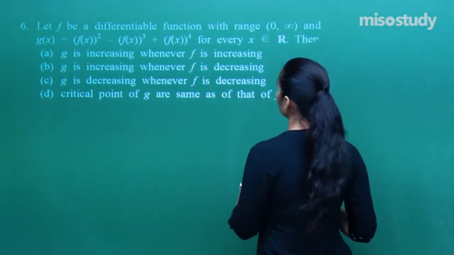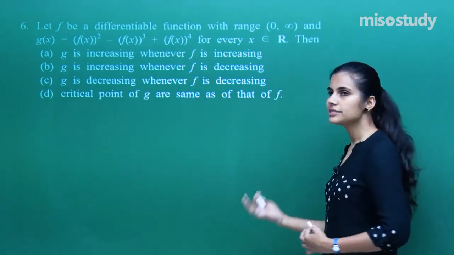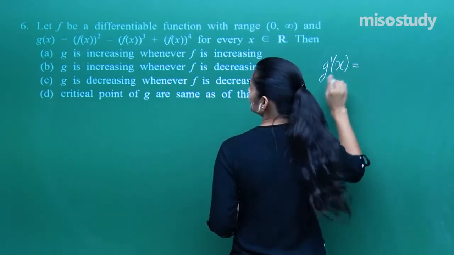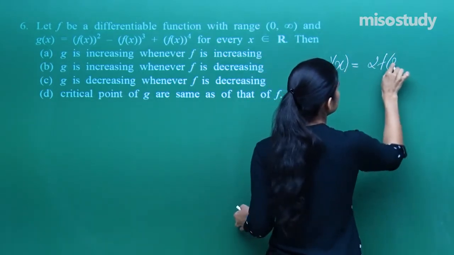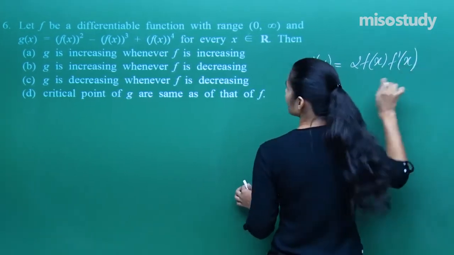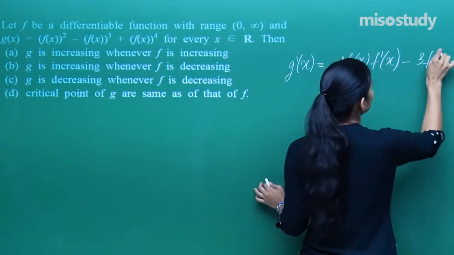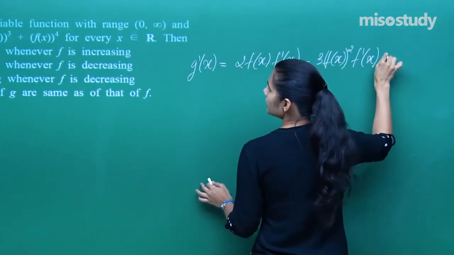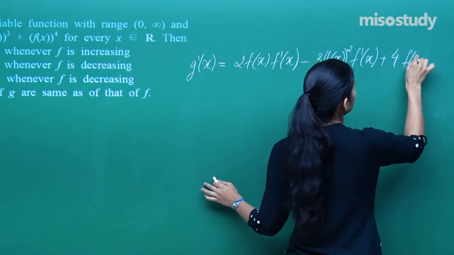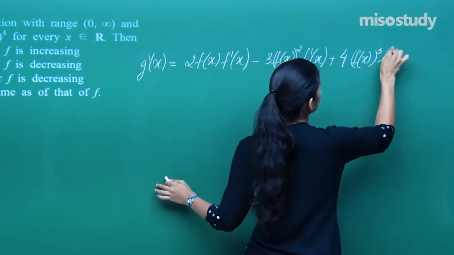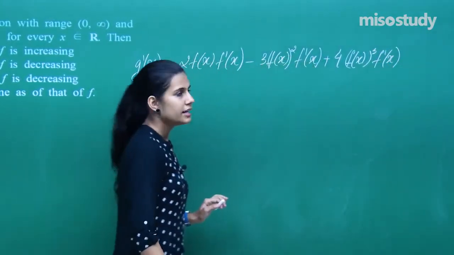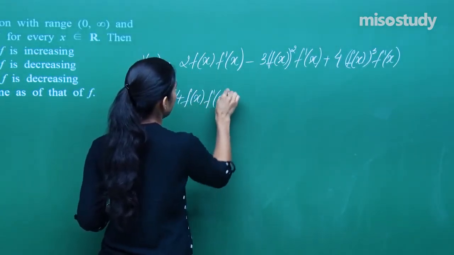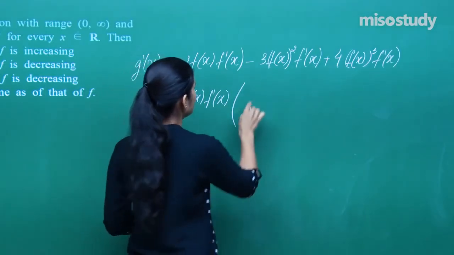Then g(x) is defined like this. I have to talk about g being increasing or decreasing, so I will be interested in g'(x), which will be 2f(x)f'(x) minus 3f(x)² into f'(x) plus 4f(x)³ into f'(x). If from here you take out 4f(x)f'(x) common, you will be left with